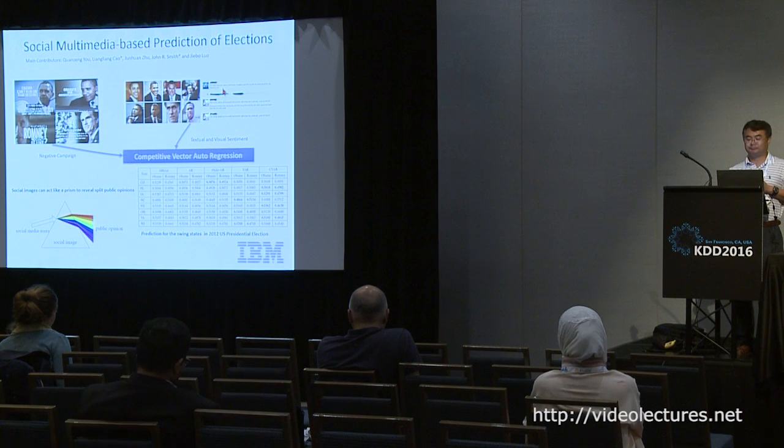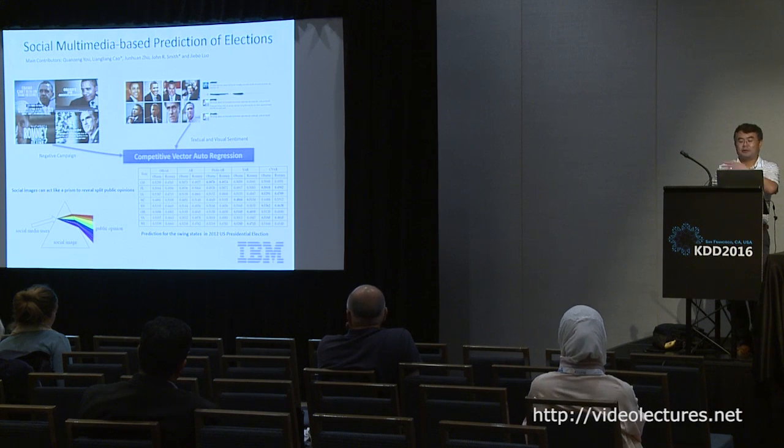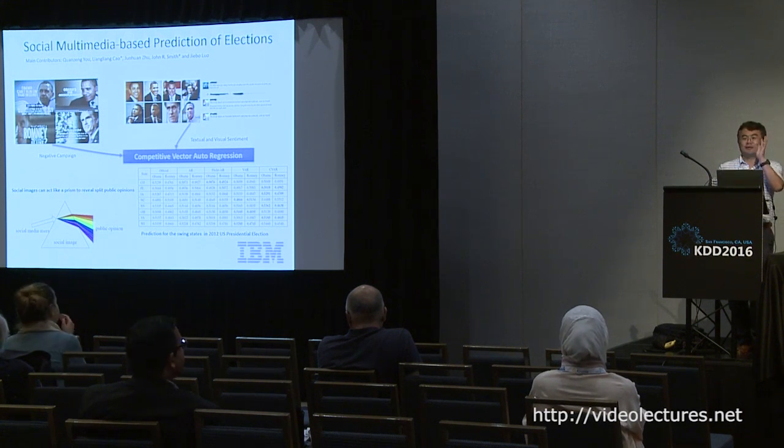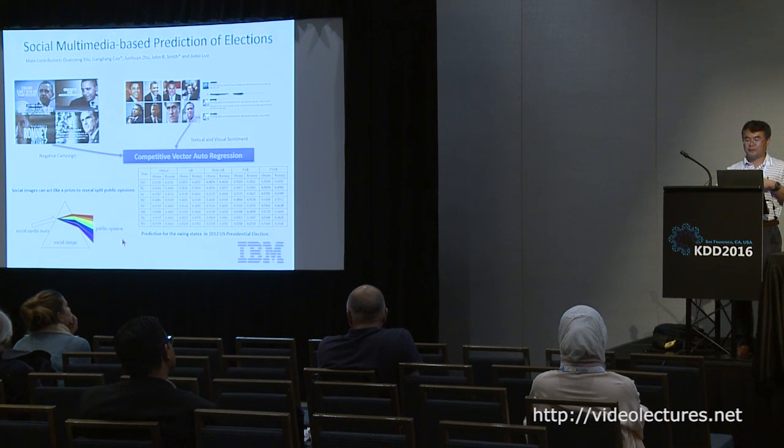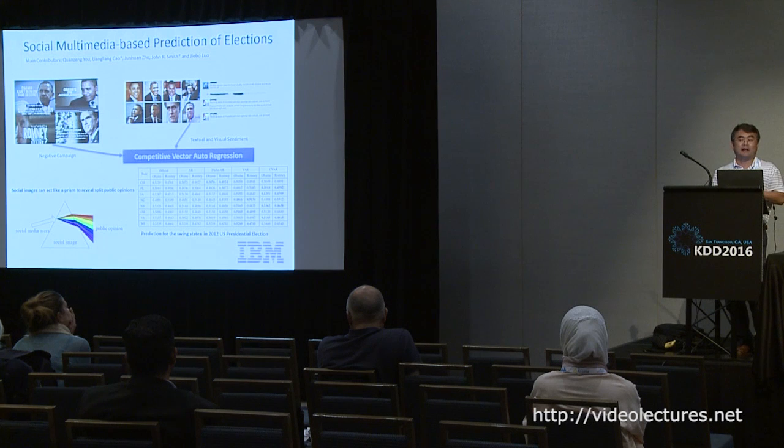Also, when you post an image, other people will comment on it, right? So we also get sentiment out of the comments. And then we consider the electoral college system. We do it state by state, but that doesn't mean we need to do 50 states, because the red states and the blue states can always vote the same way. So we only need to worry about 8 swing states, and that's what we did. This was for the last election. We were able to do as well as Nate Silver, which we felt very happy about.